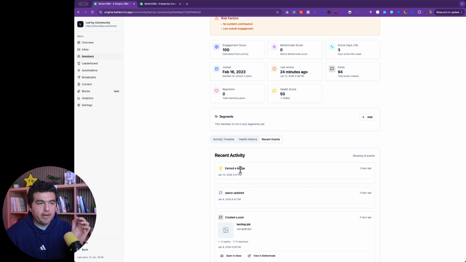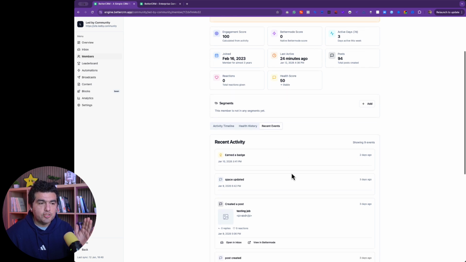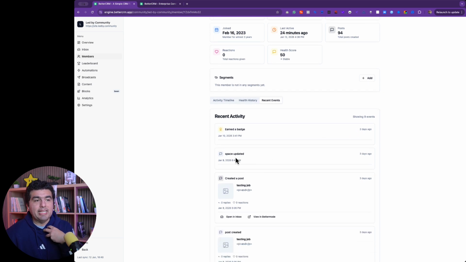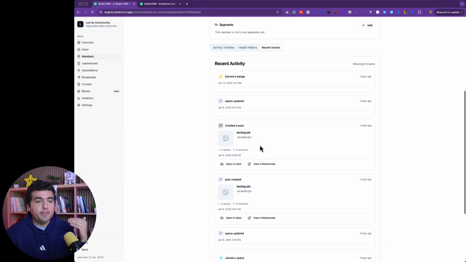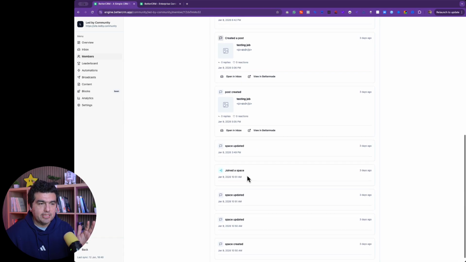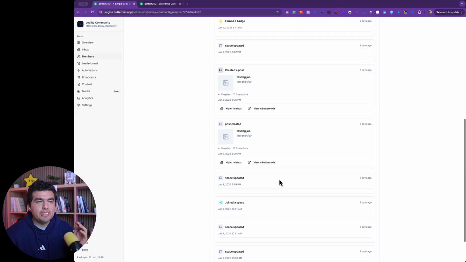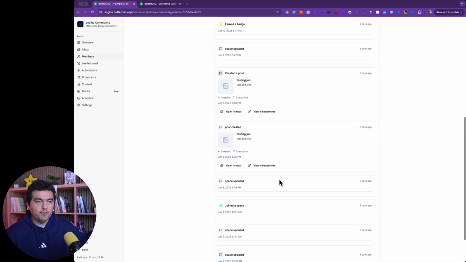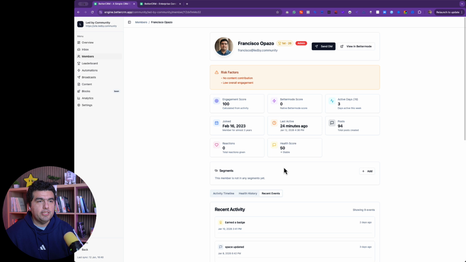You can see this member earn a badge. That event is tracked. Then, well, this member is an admin, so I did a space update because this member is an admin. Then I created a post, a testing job for the sake of the inbox. You can see the post. You have here a way to open this post directly from the inbox that you already know, or see the post directly on Bettermode. This is another TED post and stuff. I joined a space,